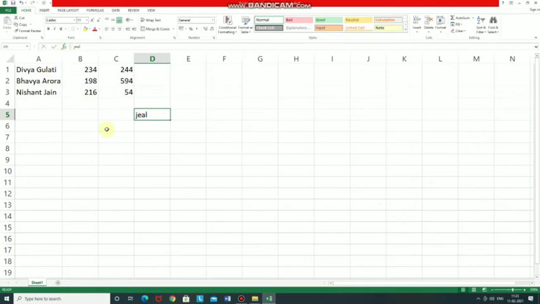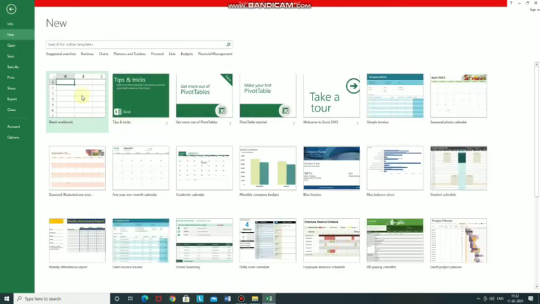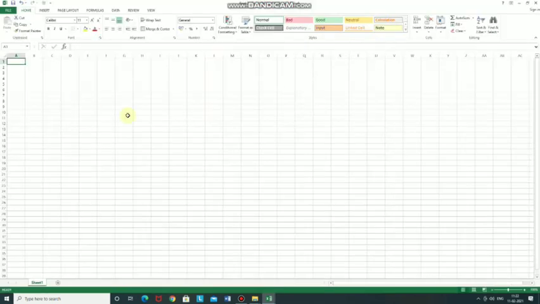Then create a new workbook. The steps to create a new workbook are: click the File tab. The screen that appears is called backstage view. Then select New and then click on Blank workbook. So this will open one blank workbook.